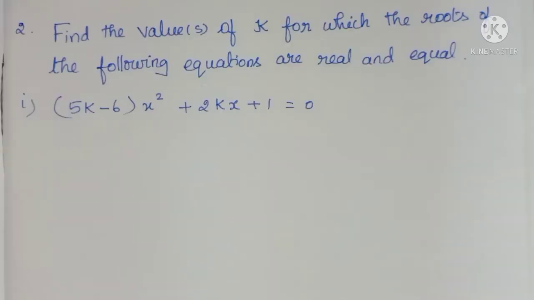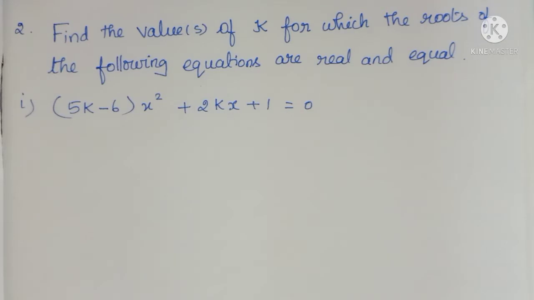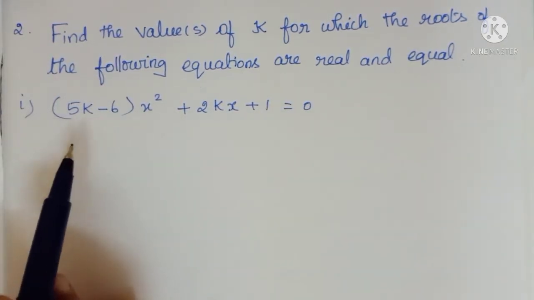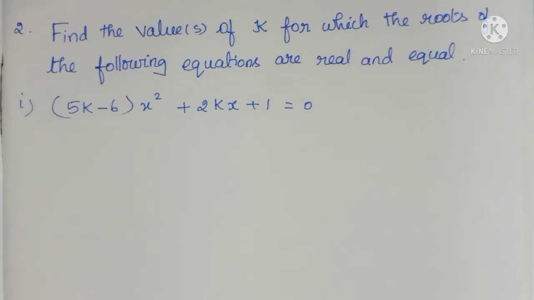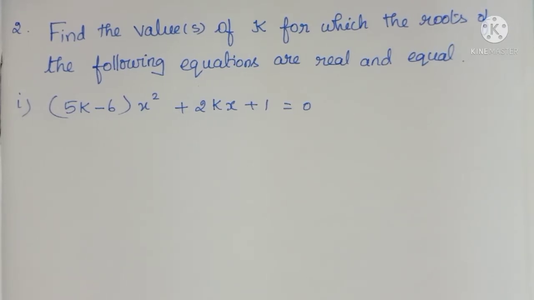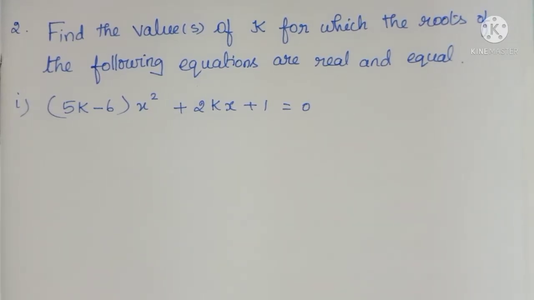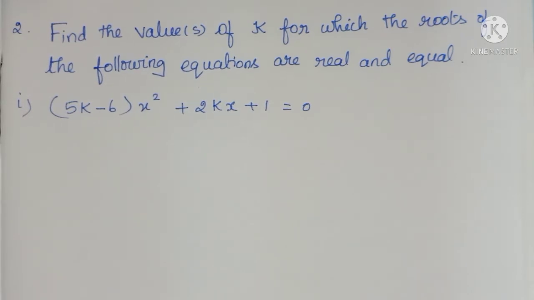Okay. Now see second Roman, find the values of k for which the roots of the following equations are real and equal. They have also given two subdivisions. The first sum I will do. See here, find the value of k. In the first Roman they gave all the values, that is, one quadratic equation given means from the question we took a, b and c values, we replaced in the discriminant and we calculated whether it is real and equal or real and unequal or no real roots.